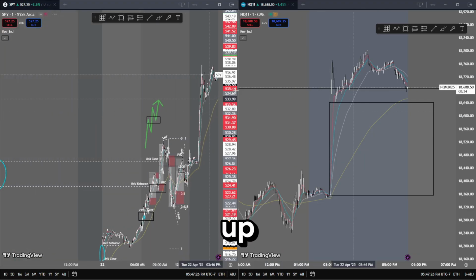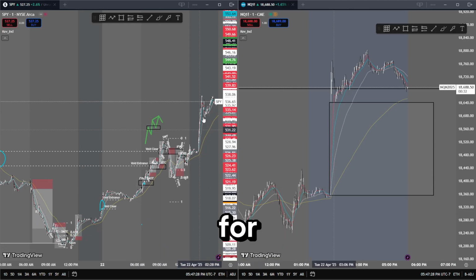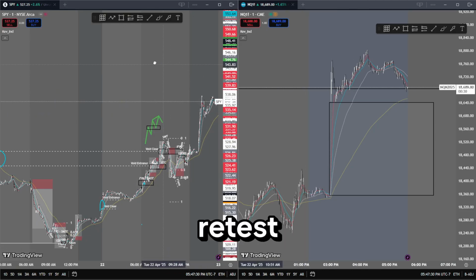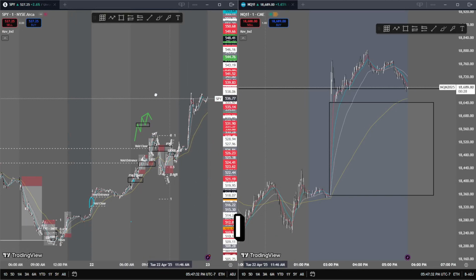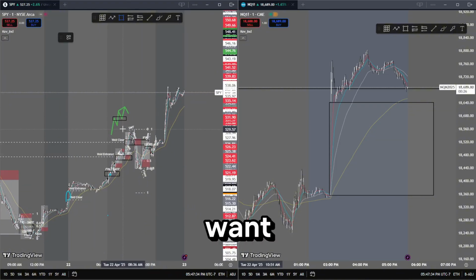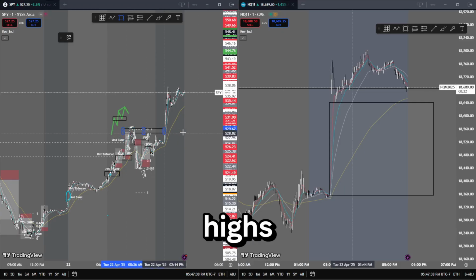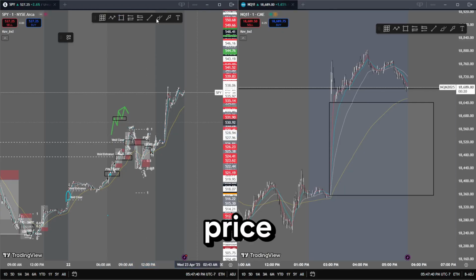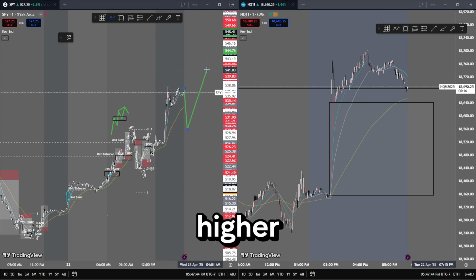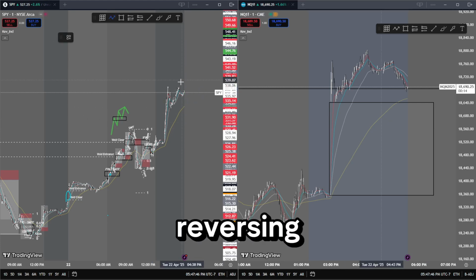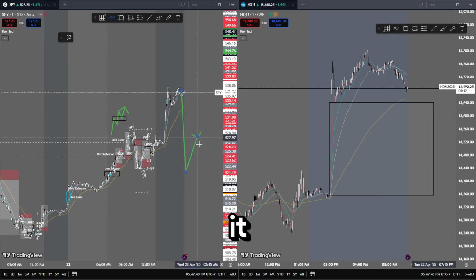As we pumped up like crazy, I want to look for us to come back down to retest this, and same thing with that I taught you guys about trend. I want to see if maybe this can hold us. These final highs that we created, I want to see if price can come back down and hold here to push us higher, or we'll have that reversing price action where we can dump it and then use it as an